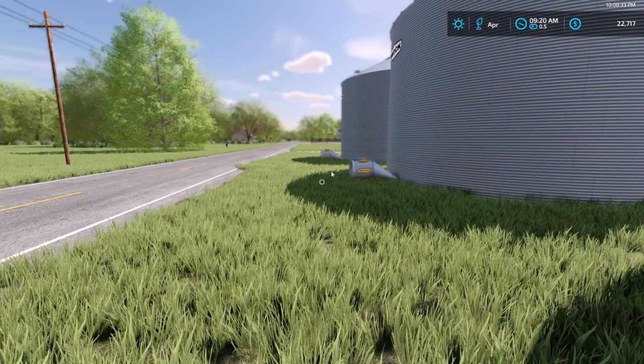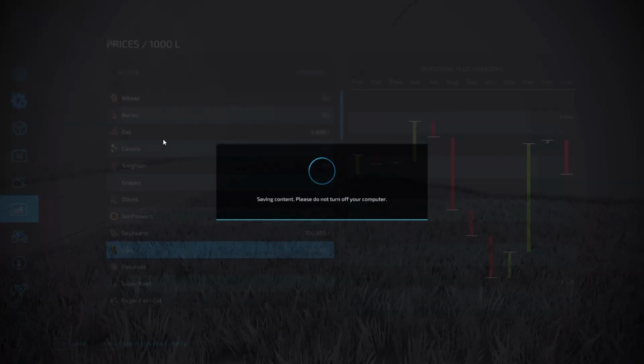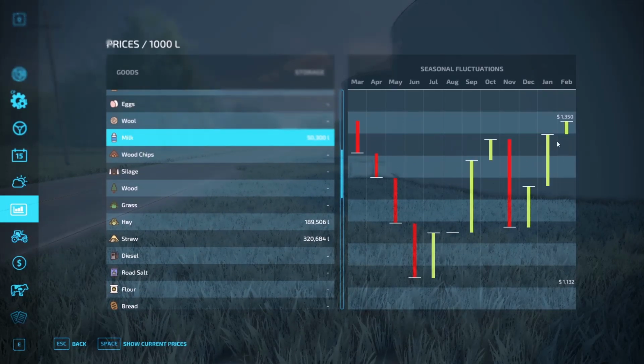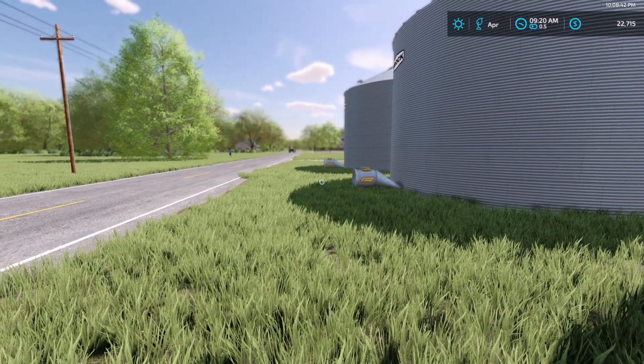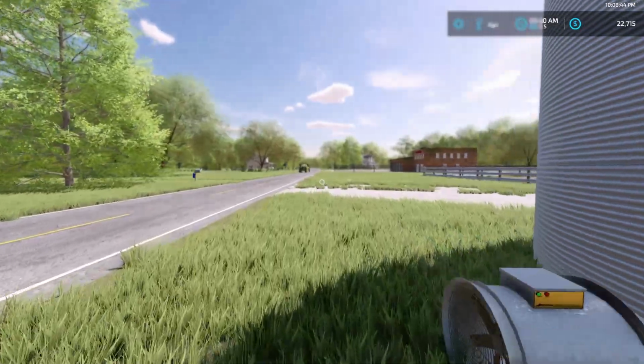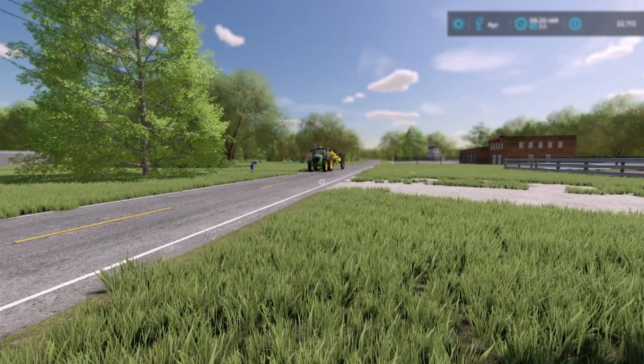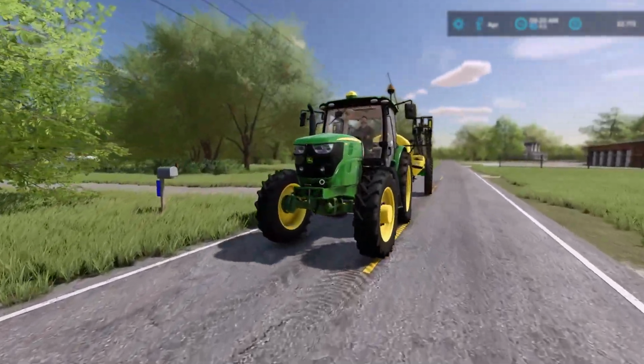Let's check. I'm gonna try to hold the milk we have until February. We probably should have sold that in the winter. I forgot to, because we're not gonna see a good price till October again. So, anyways,